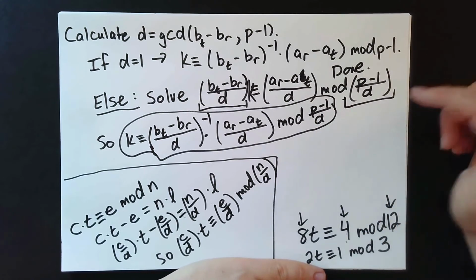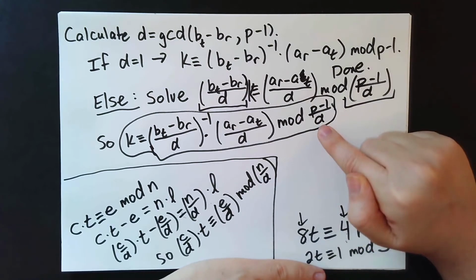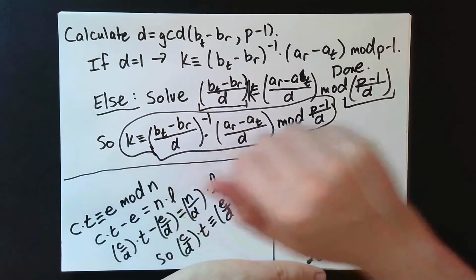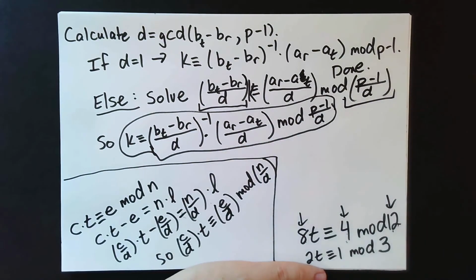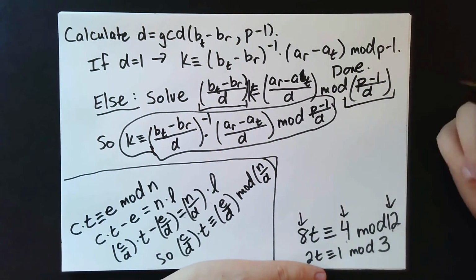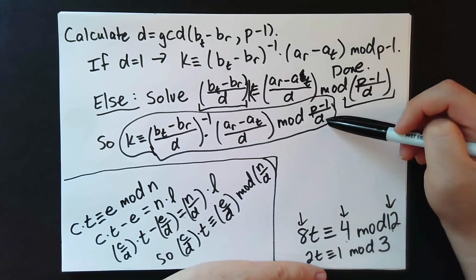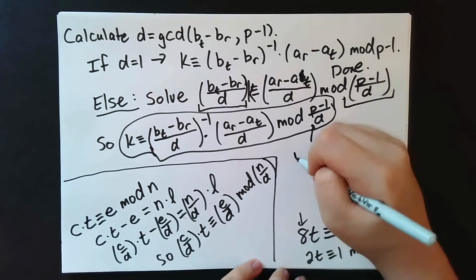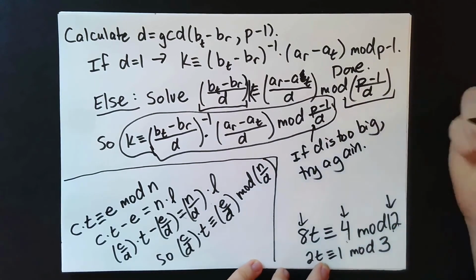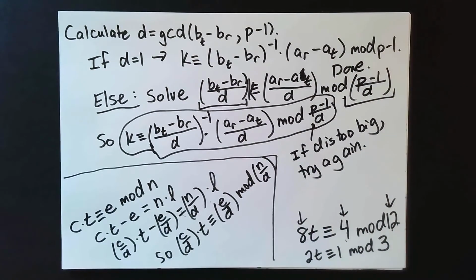So for example, if d is 2, and I'll show you an example of this in a minute, then that actually only leaves two possibilities for k. I could just try them. If this d is too big, it might leave lots of possibilities for k, in which case I might want to rerun the algorithm. Okay, so as before, I want to show you a computer running through this,